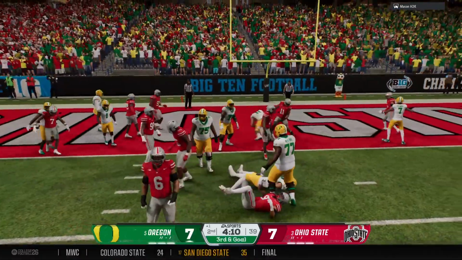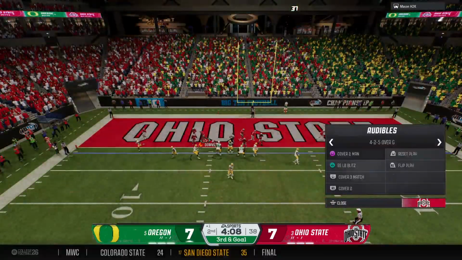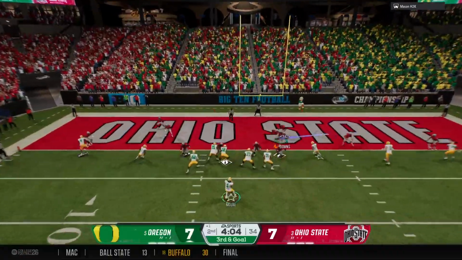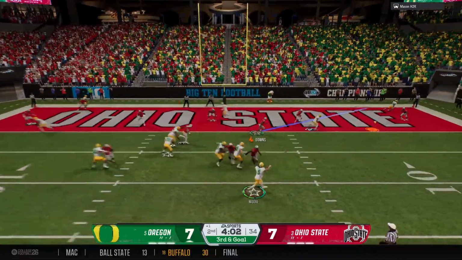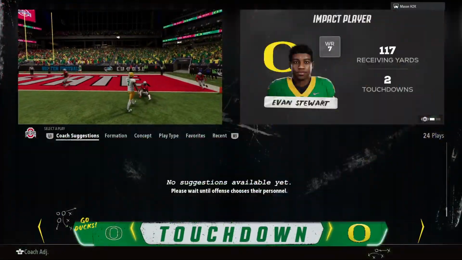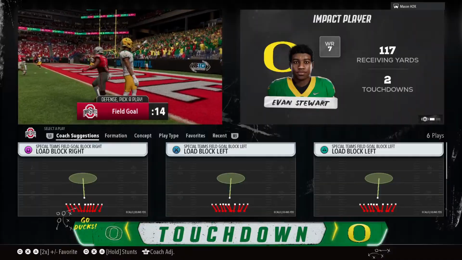And the defense smothers him for no gain. And the Ducks come up to the line in a hurry-up. Going to throw for it on 3rd and goal. On the run here, lets it go. Touchdown, Ducks, as they put 6 more on the board.